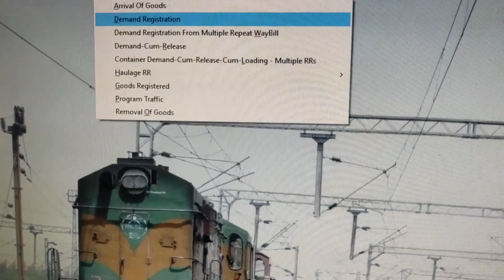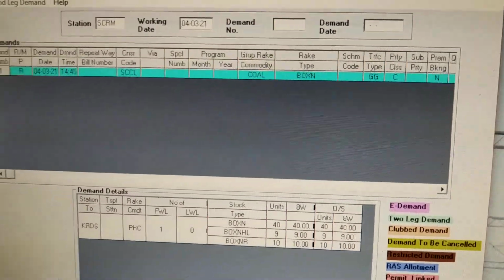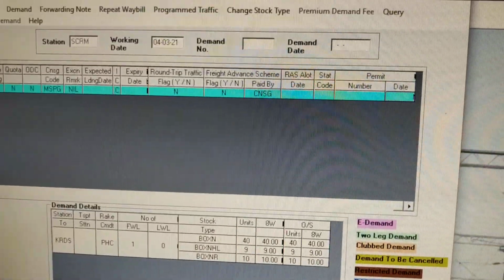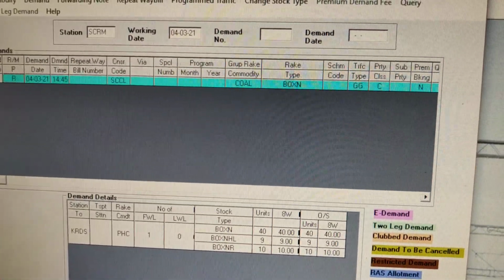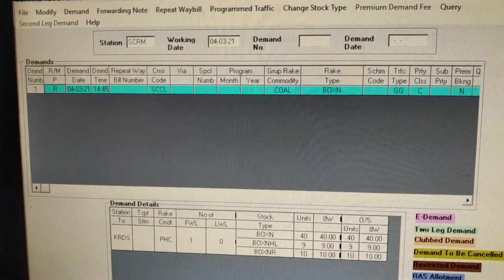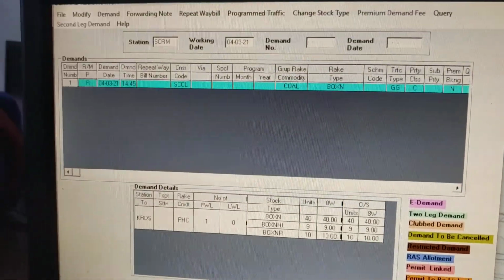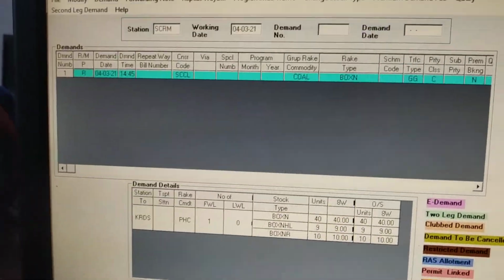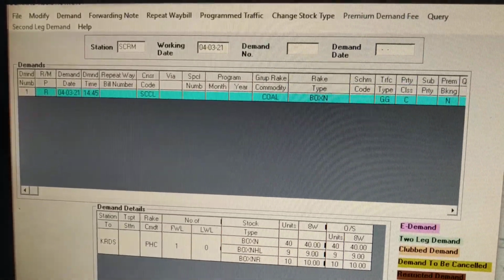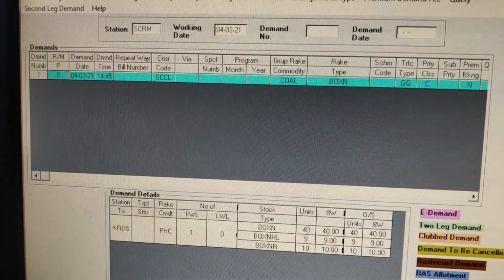Now again we will go to the demand registration screen, and here there are no changes actually, because this is not an e-demand, and in this particular screen ETRR is not marked. So this is how we have to mark a manual demand as ETRR.